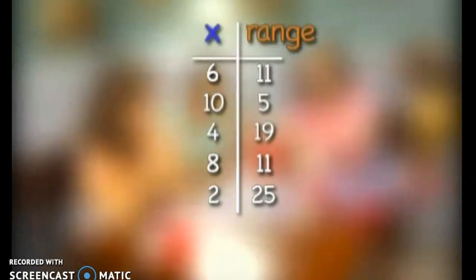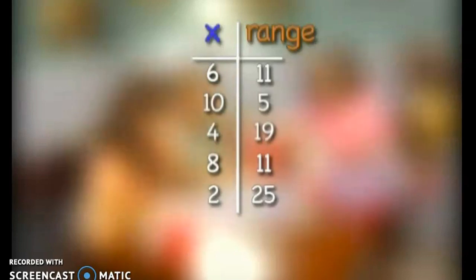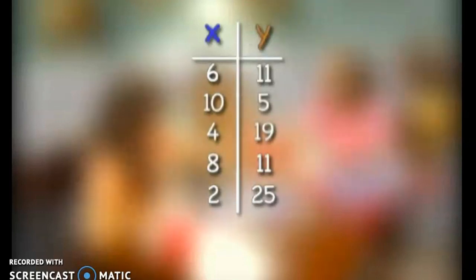This information could also be listed in a table. A table divides the domain and range into 2 columns. The members of the domain are listed in the first column and labeled X. They are sometimes called the X coordinates. You'll see why in a few moments. The members of the range are listed in the second column, labeled Y, and these numbers are the Y coordinates. The table is slightly more organized than the mapping. It's a little easier to see the pairings, and it helps to create yet another way to express a relation,